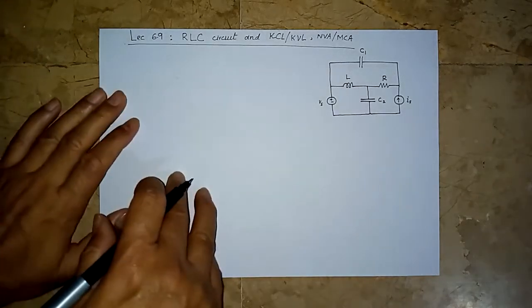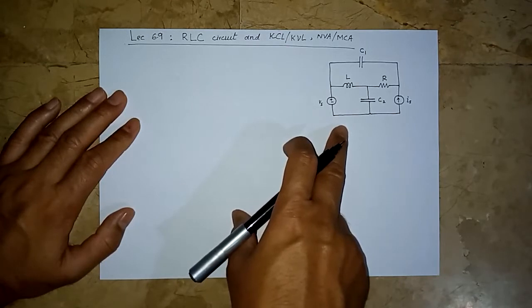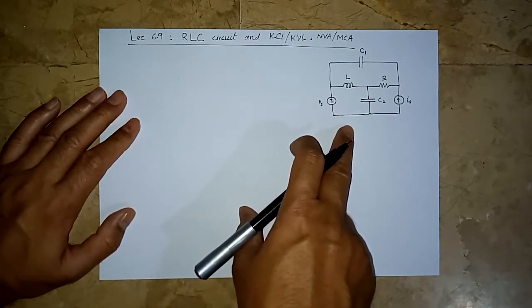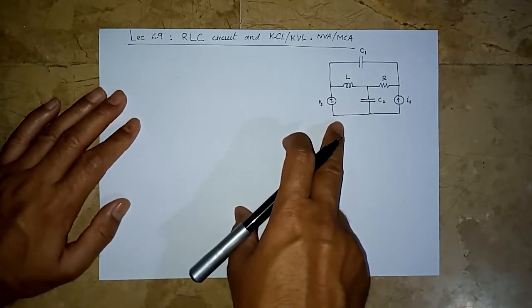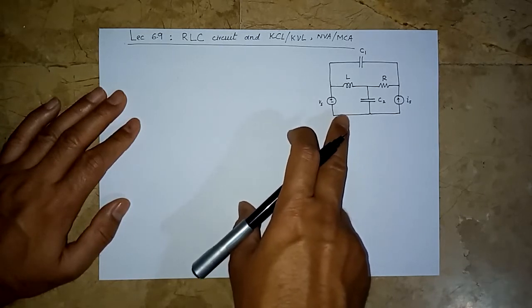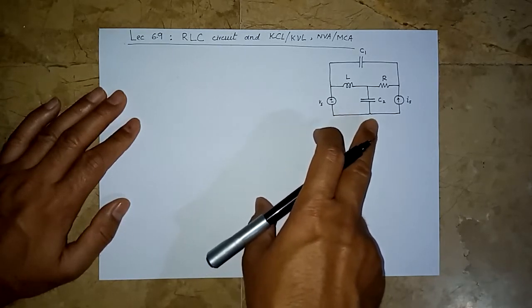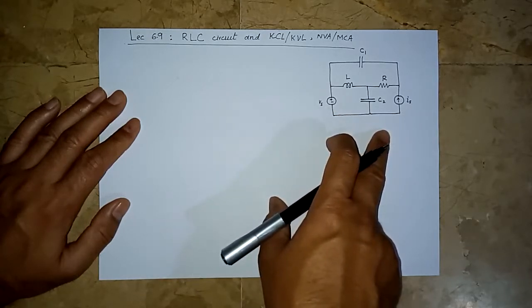Let us look at a circuit now with each of the elements that we have studied. Although this is an example of the book, example 7.9, interestingly, it has almost all of the elements that we have studied: a capacitor, in fact, two capacitors, a resistor, an inductor, and a voltage source and a current source.